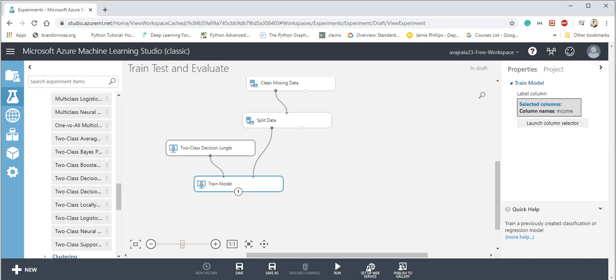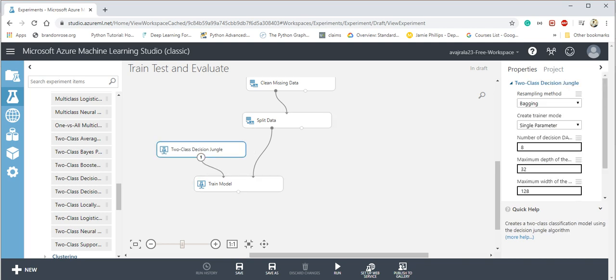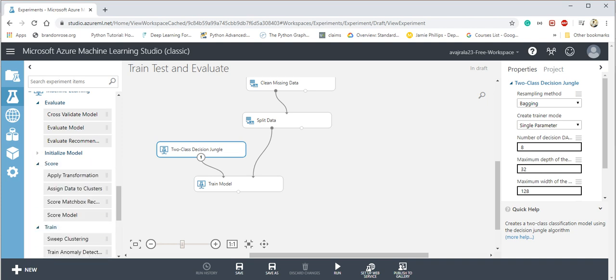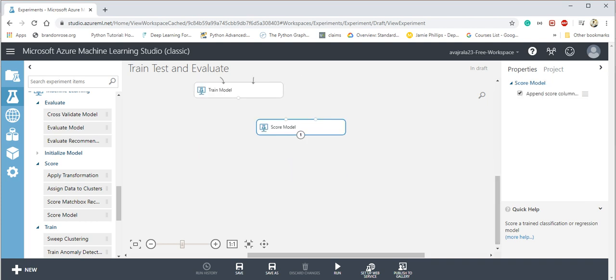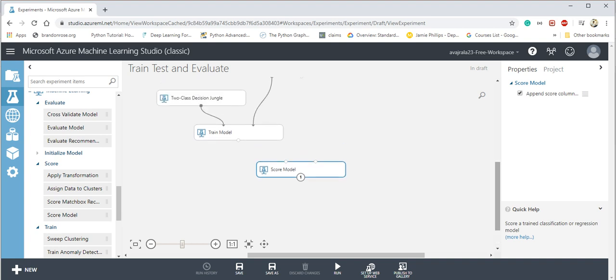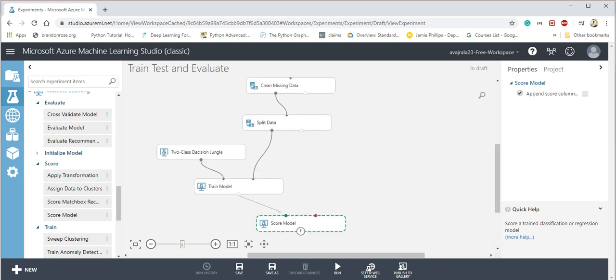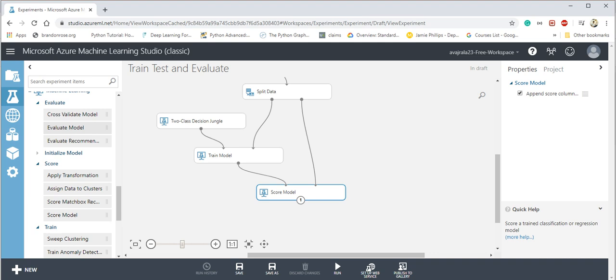Now we have made all the connections for training the model, but we also need to make the connections for evaluating this model. We have test data coming from here, and we need to make predictions on the test data. The module to make predictions is called Score Model. This module is used to make predictions on the test data or train data, whatever data it takes. It accepts two inputs. One is the trained model, the other is the data. We want to make predictions on the test data. Now the error is gone. This model will make the predictions on the test data, and now we want to evaluate how well this model is performing. We drag and drop Evaluate Model and connect it.